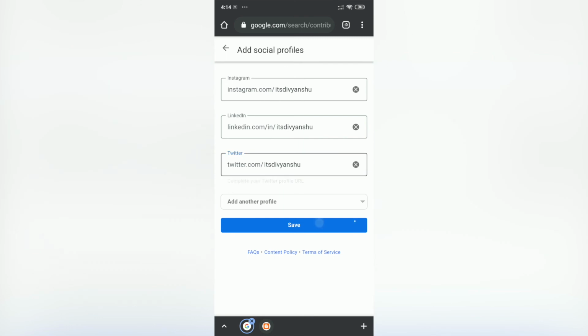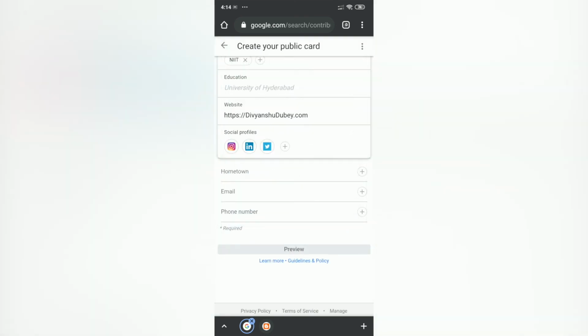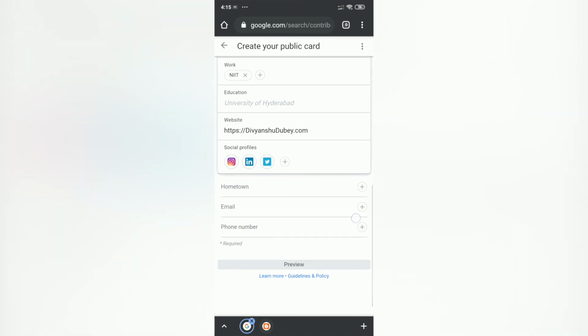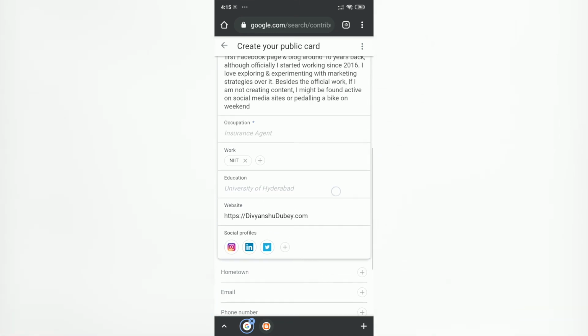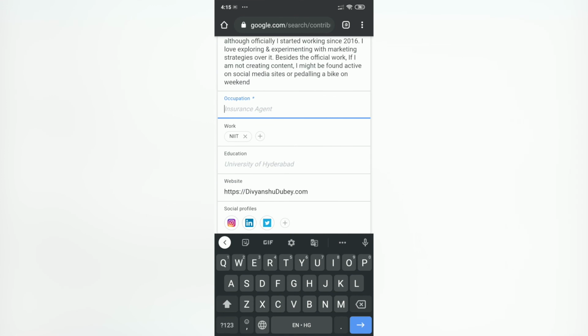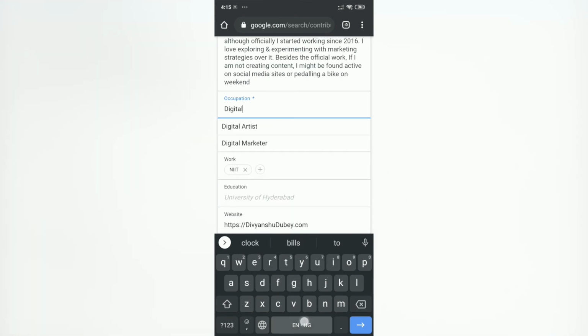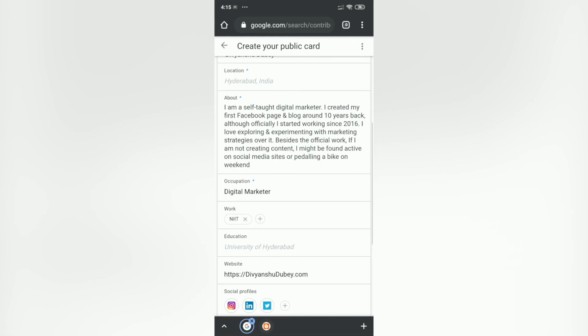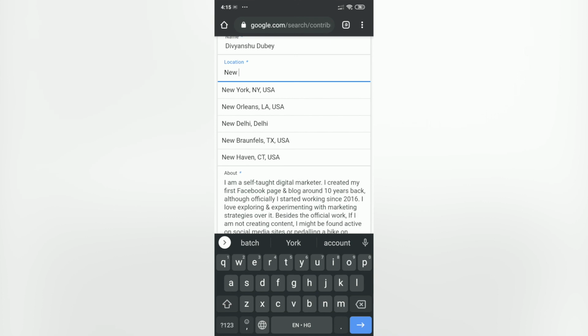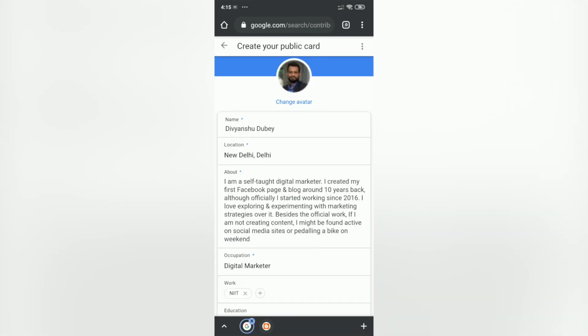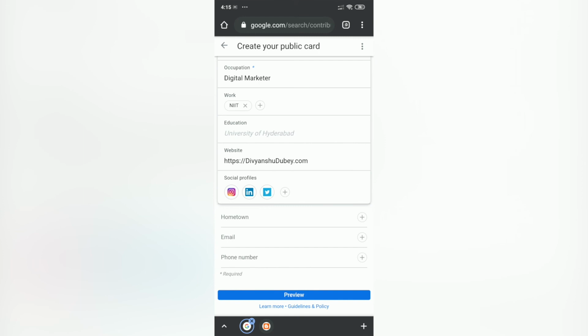I would be adding just three social media accounts right now. Once I'm done with it, email, I don't prefer to make it public right now. So these are all details. It got removed. I'll enter it once again. Digital marketer, location. Okay, so I'm done with all these updates.